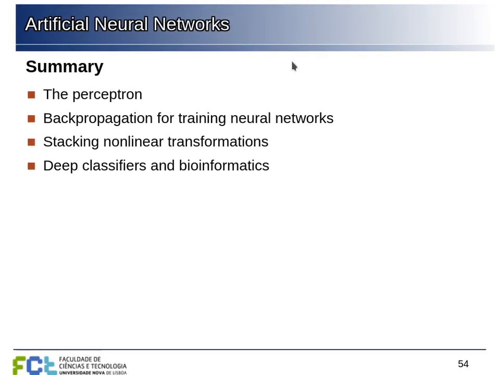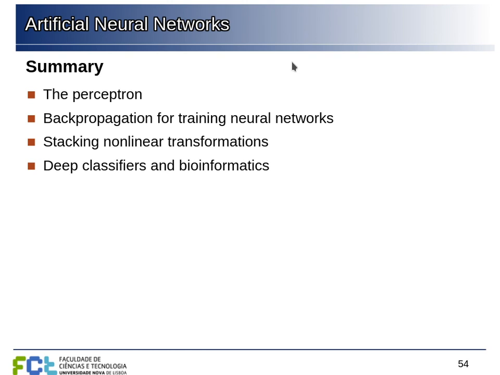So to sum up, we looked at this first idea, the perceptron, and the idea of adjusting the weights of this mathematical model of the neuron by looking at the mistakes and nudging the weights so that they would minimize the number of mistakes. And this was the first approach. But the problem is that a single neuron is just a linear classifier, so it doesn't help us solve complex problems. But then we saw how backpropagation can be used to propagate the derivative information from the loss function all through the different parameters that we need to optimize in all the neurons on the networks.